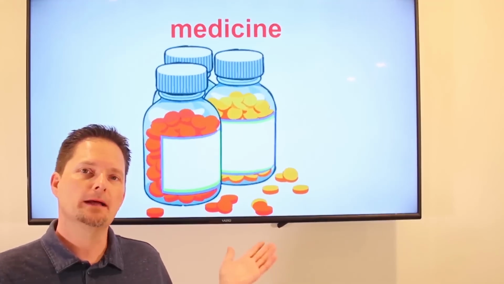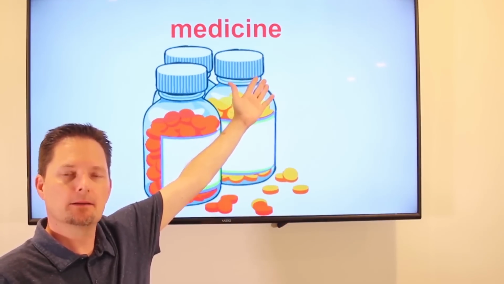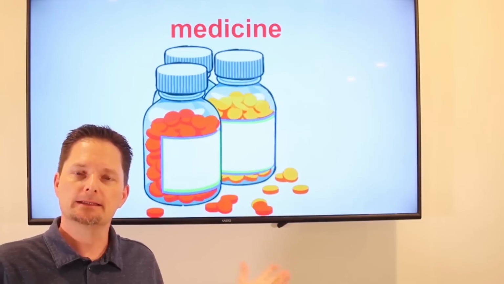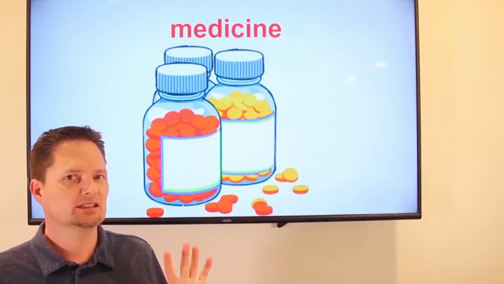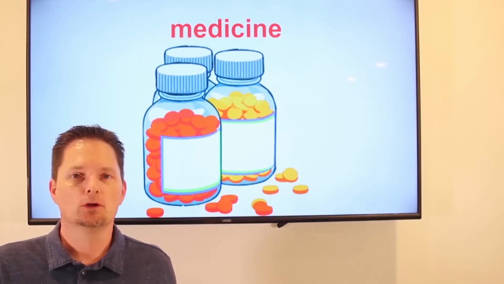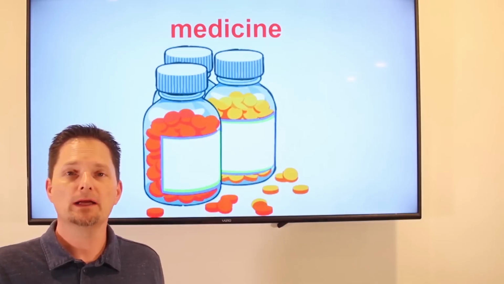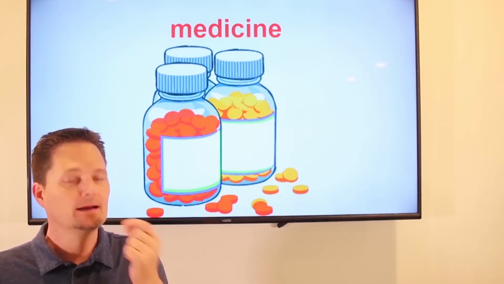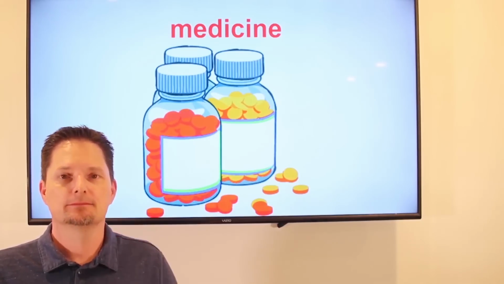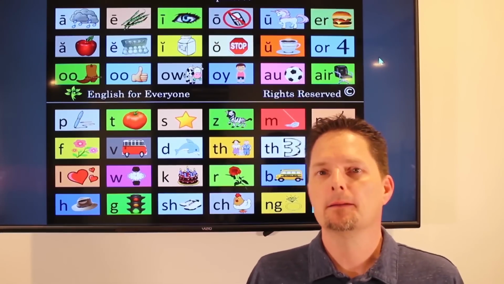Our first example, medicine. Pronunciation is in, medicine. Medicine is not countable usually. We don't say a medicine or medicines. Some medicine. Do you take any medicine? No, I don't take any medicine. Or yes, I take some medicine. Remember, the action is take. I take medicine. No eat, no drink. Take. Pronunciation, medicine.